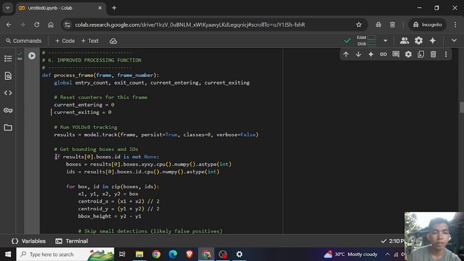So in this line, it tracks bounding boxes xy and unique IDs for each person, converts them to NumPy arrays for easy processing.